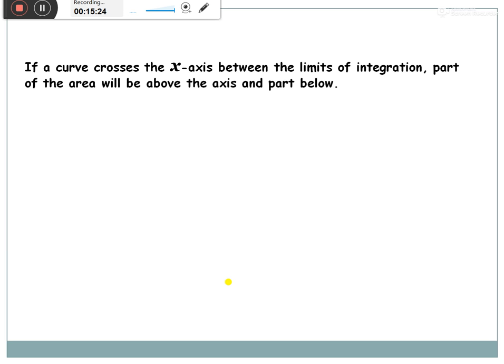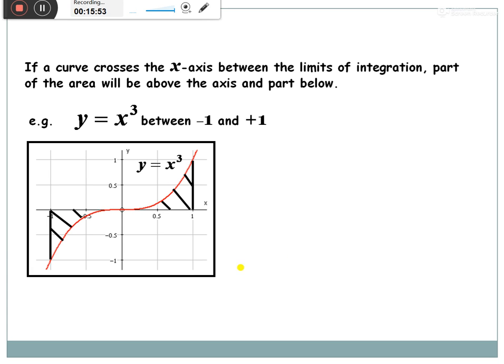And now if the curve crosses the x-axis between the limits of integration, part of the area will be above the axis and part below the axis. That is, the curve crosses the x-axis between the limits, that means if we have y is equal to x cube, the limits are between -1 and 1. This curve y is equal to x cube, this is the curve,